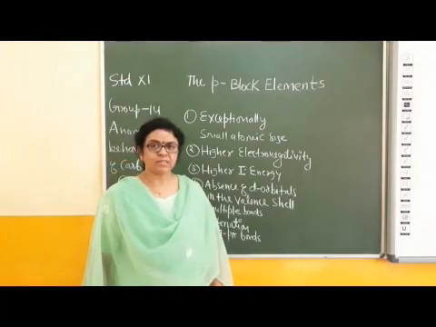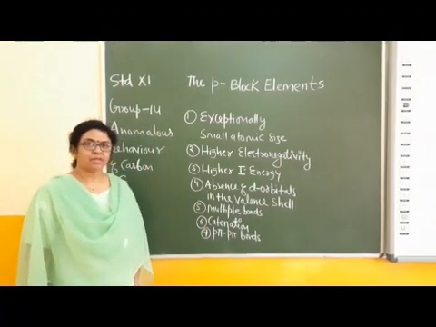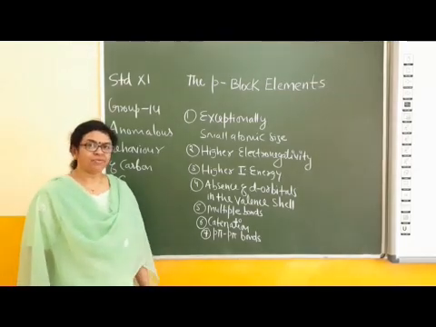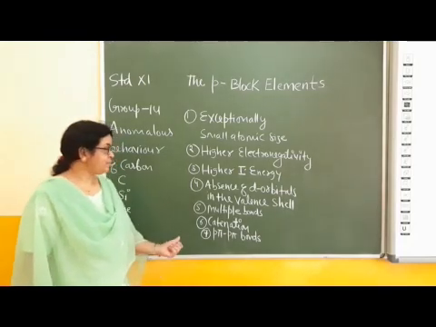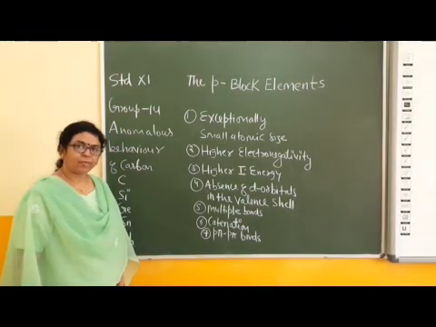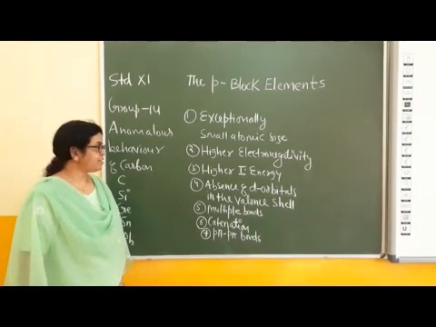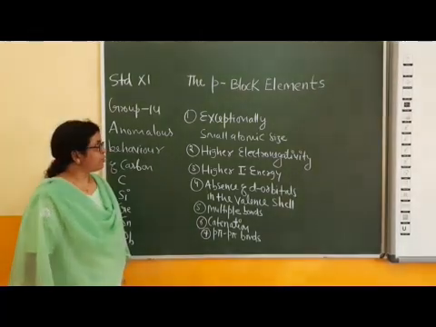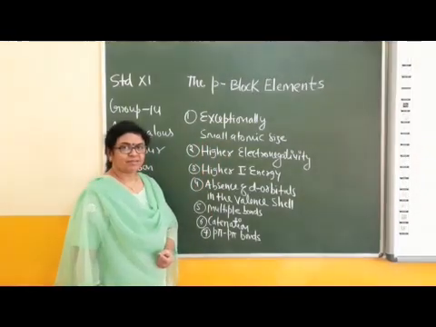Good morning dear students. Today we are going to discuss the anomalous behavior of carbon. Carbon is the first element in the 14th group, and the first element always shows different properties from the other elements of its group. Carbon differs in both physical and chemical properties. The first anomaly of carbon is its very small atomic size.